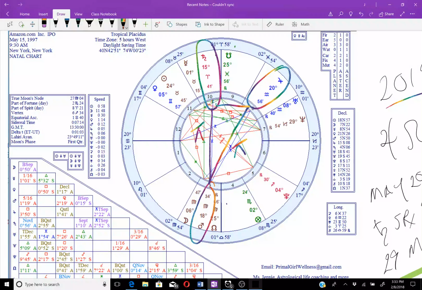Now, with Yods and Finger of God, they're terribly challenging to work with. And for the sake of time, I'm not going to get into it here. But let me just leave you with this. With a quincunx, or a double quincunx, or a Yod, essentially all of this tension from these two planets is all coming through here, right? So this is kind of like a violin string stretched to its absolute taut extreme. It can't go any further or it's going to break. That creates a tremendous amount of energy and force. And typically what happens is all of that tension and built up pressure boomerangs out through the opposite side. So anything coming in around 18 Pisces is going to be